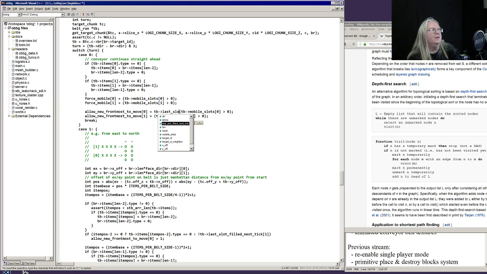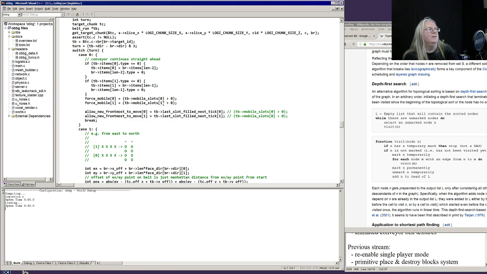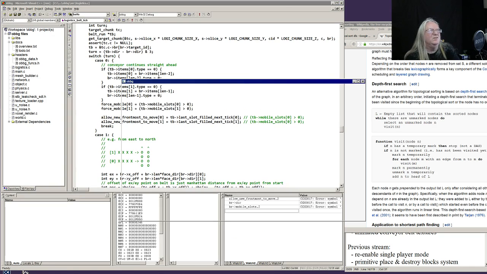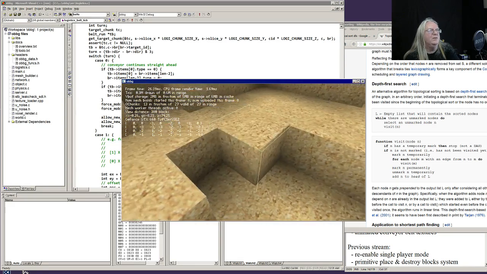Last slot filled. Next tick. Yeah, that's what it should be. Don't know exactly why those would not be the same, but